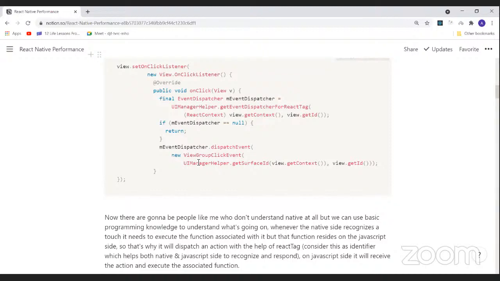You can consider it an identifier which helps both the native and JavaScript sides to respond, because when you click a button, there are a lot of functions residing on the JavaScript side. How will it identify which function was associated with this button? Again, React helps us with that because there is a copy of the DOM in the JavaScript world, so it will leverage this React tag to find the node and execute the associated function.